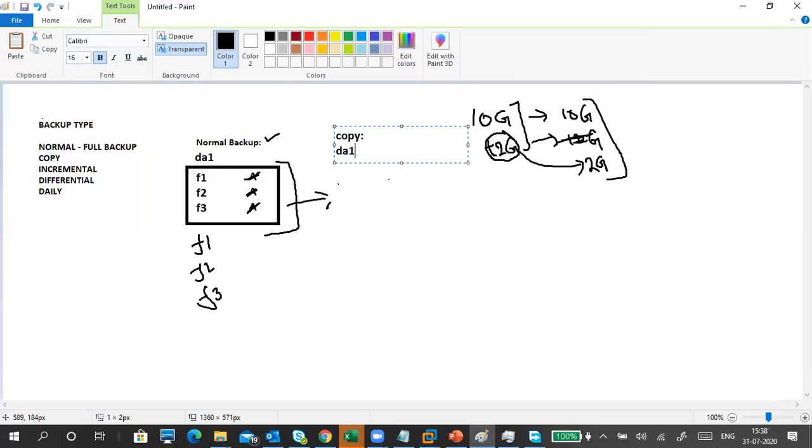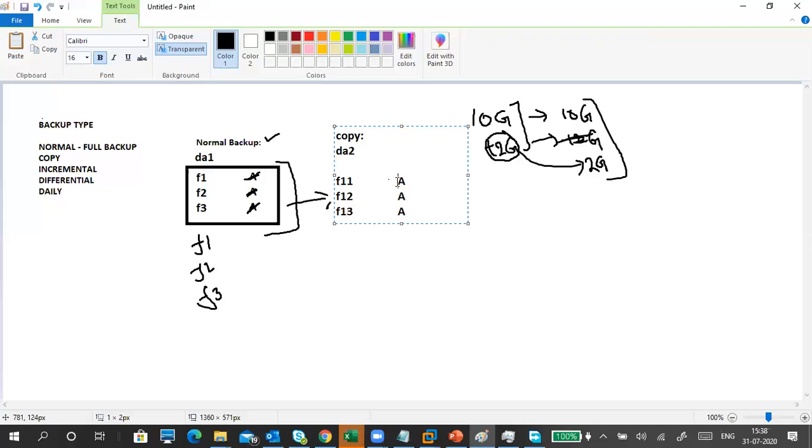I'm taking the files F1 with A, F2 with A, F3 with A, and then F11, F12, F13.